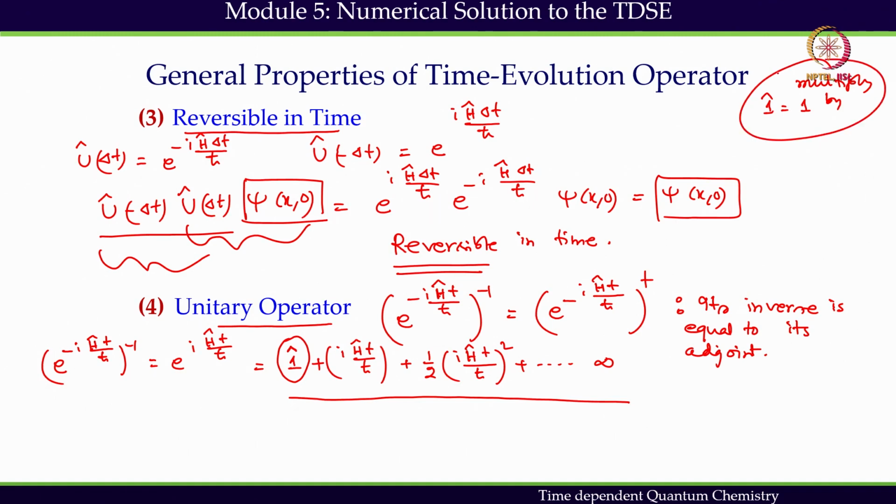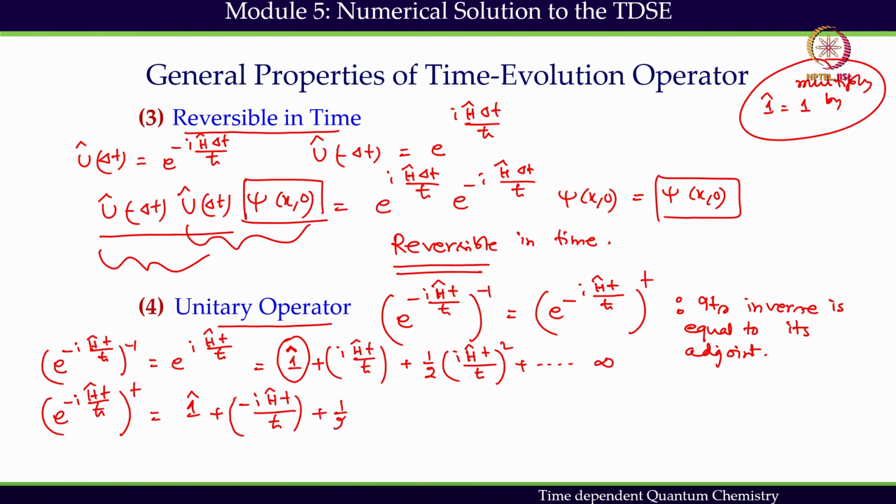And to make the notation correct here, every term we have made to be an operator. That's why we are giving this cap. Otherwise, it's just 1. So we will now look at the adjoint. How does it look like? E to the power minus i H cap t by h cut. Its adjoint is going to be 1 plus minus i H cap t by h cut